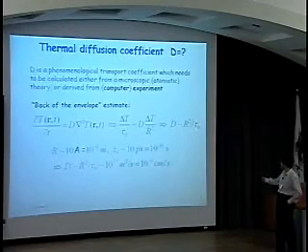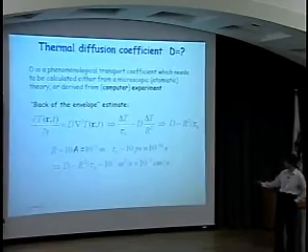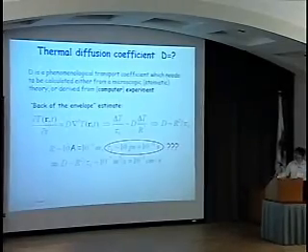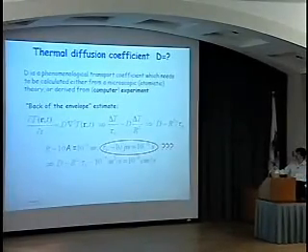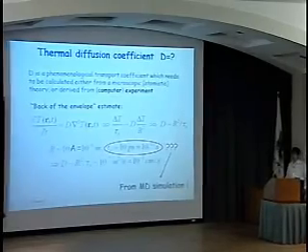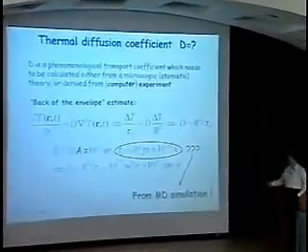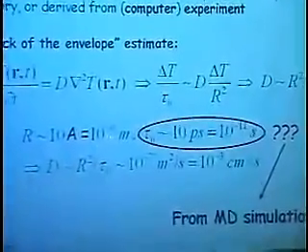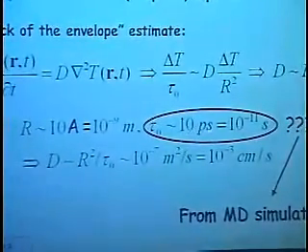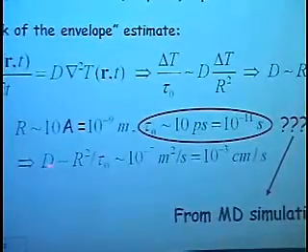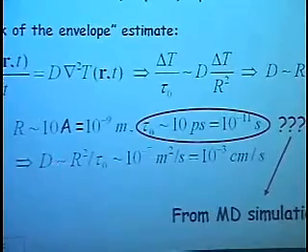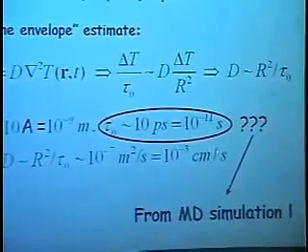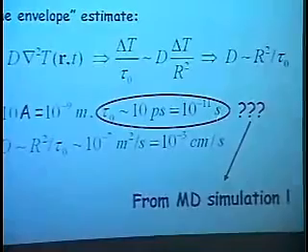In order to get that number, which turns out to be about 10 picoseconds, we have to use molecular dynamics simulations. So as I said, how do we get this time? From where did I pull out this number? Well, as you will see from MD simulations. Plugging in the numbers for R of order of nanometer, 10 to the minus 9 meter, and tau 0 of order of 10 to the minus 11 seconds, you will get for the heat diffusion coefficient a quantity which is 10 to the minus 3 centimeter squared over seconds.